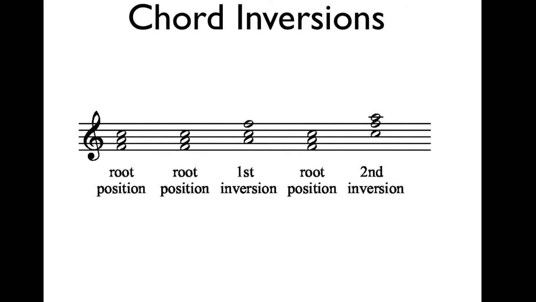In its simplest form, when a chord is in root position, the intervals above the bass note, the root, are a third and a fifth. And when a chord is in first inversion, in its simplest form, the intervals above the bass are a third and a sixth. And when a chord is in second inversion,